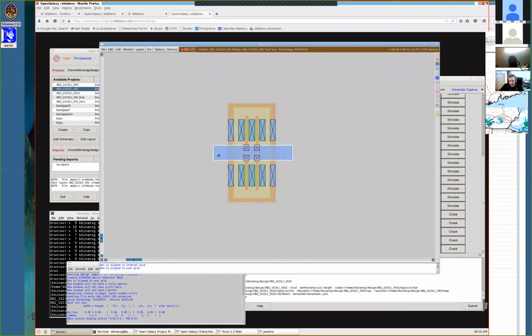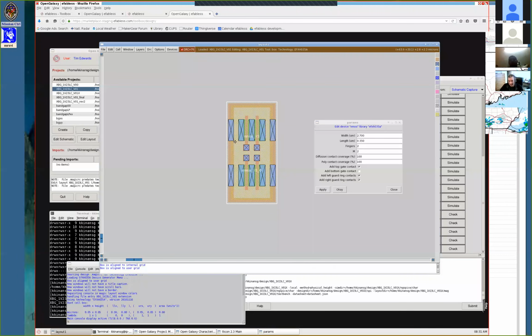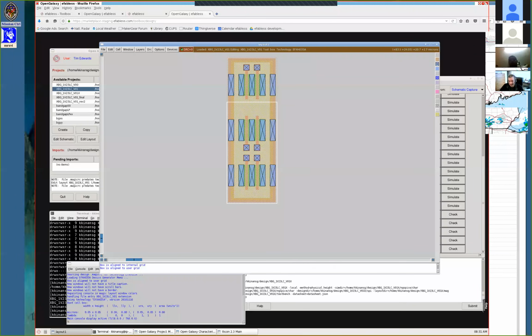D key is for delete. Again, Control I selects the device. Q, if this parameter window is not up, Q brings up the parameter window, and from the parameter window you can make all sorts of changes to the device. For the purposes of the challenge, though,